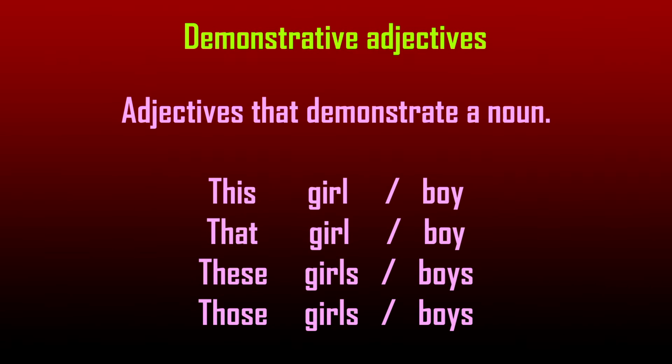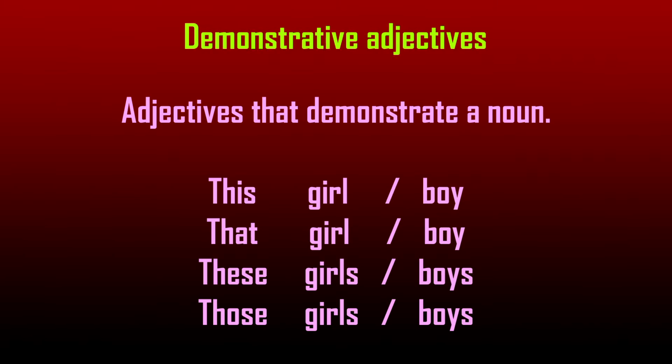For demonstrative adjectives in English, the gender of the noun doesn't play any role. Only number plays a role. When the noun is singular, irrespective of the gender, masculine or feminine, we use this or that. When the noun is plural, irrespective of the gender, girls, boys, we use these, those. This is the concept of demonstrative adjectives in English.